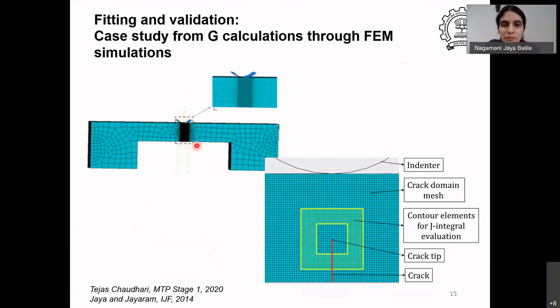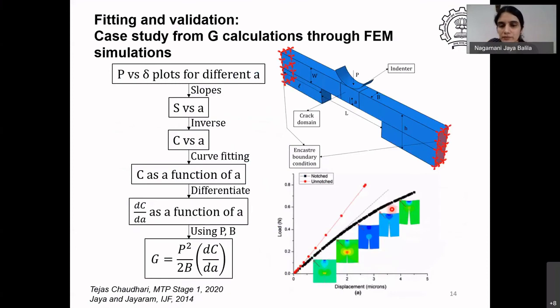So this is the mesh in front of the crack tip. If you see a blow up of the mesh in front of the crack tip, you will see very fine meshes, so that I will get the stress distribution around these regions captured very well. If you look at the graphs here, these again are contour maps, which show the stresses. In the region very close to the crack tip, the stresses are very high and the gradients in stress are high. Whereas far away from it, the stress is low and the gradient is nearly zero.